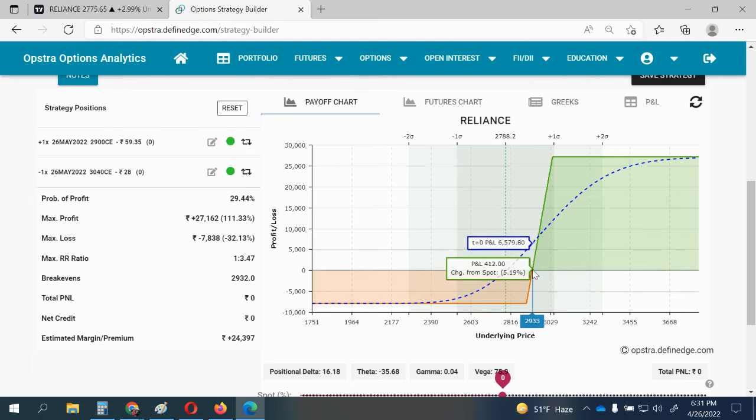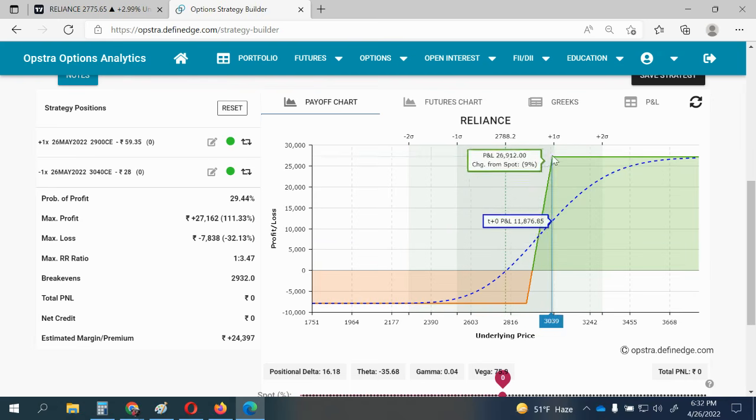Sorry, friends, your Reliance makes a move of 5% on your expiry, or 6%. See the profit, as and when Reliance makes a move of 6%, 7%, see the profit of T plus 0, that is your current day, and on the expiry, right? If Reliance makes a move of 6.45%, tomorrow you'll get 8,339. On expiry you'll get 9162, right? Whenever your sell position becomes ITM, that's where you see the maximum